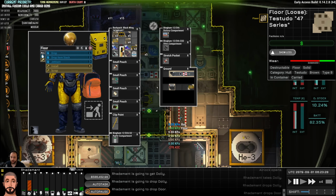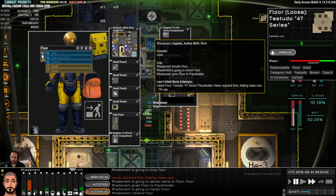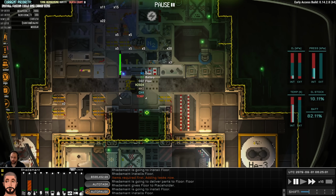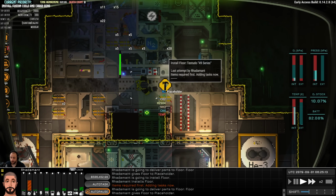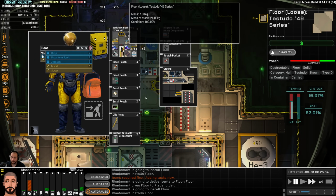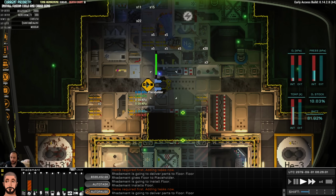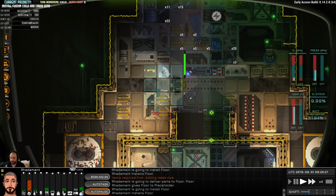Let's try to make this somewhat attractive and symmetrical. So I'll manually install it so that it's not weird. I'm trying very hard not to accidentally jettison it, because that's really easy to do. In the contextual menu, sometimes installation is 3, sometimes it's 4, and then jettison's the...